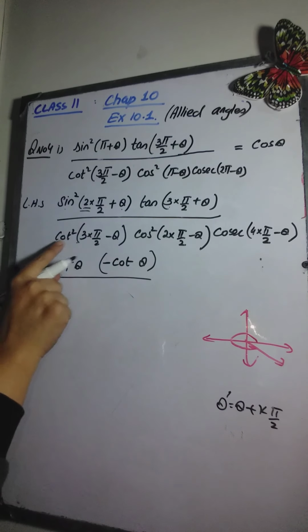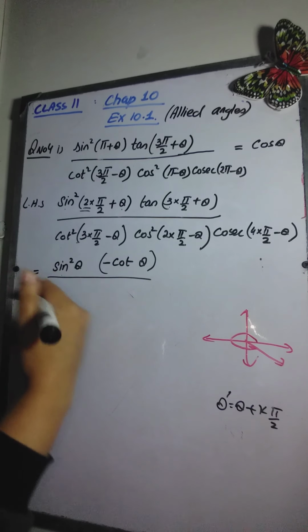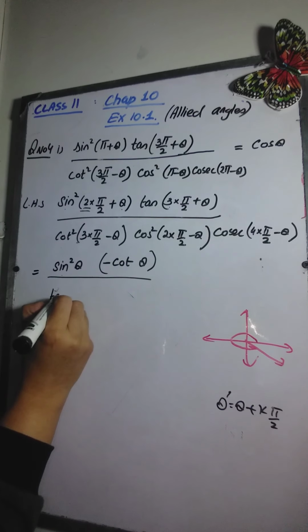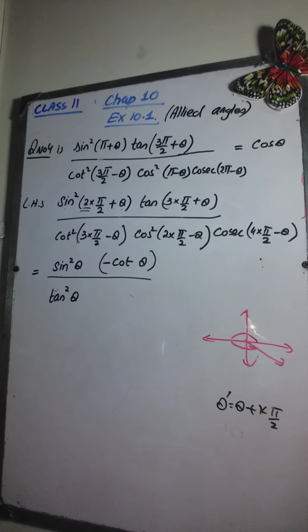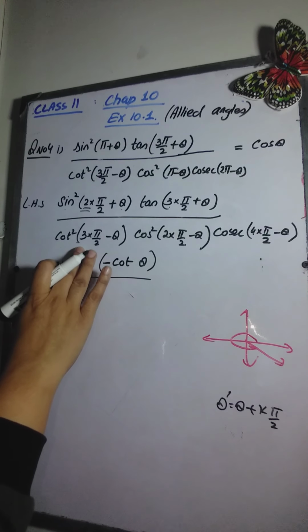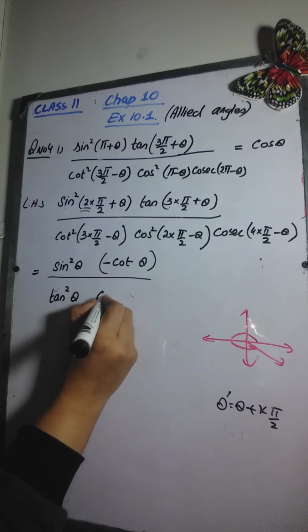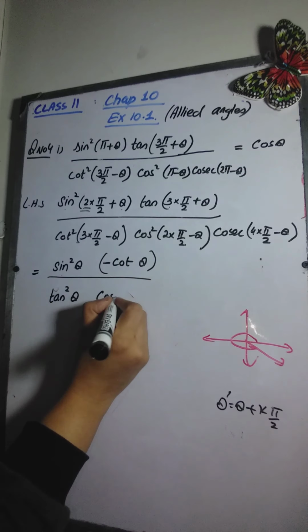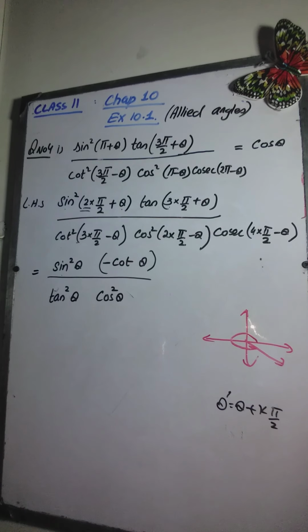Now next, cot square 3, again we have an odd multiple of pi by 2, so cot will change into its co-ratio, that is tangent. We don't need to worry about the sign because over here we have a square, so it is going to be positive whether it is negative or positive. Over here too we have an even multiple, so cos will remain cos, and it is going to be equal to cos of the angle which is involved. Again we have a square, so we don't need to worry about the sign, because whether it is negative or positive, the answer at the end will always be a positive number.